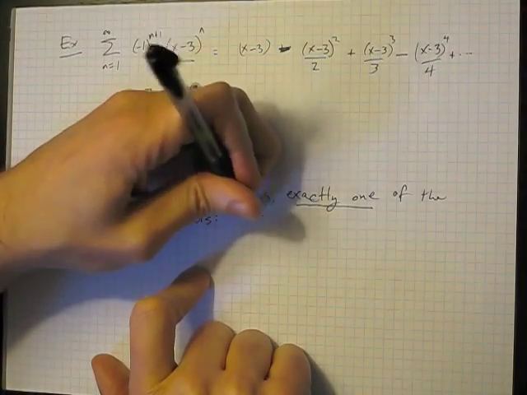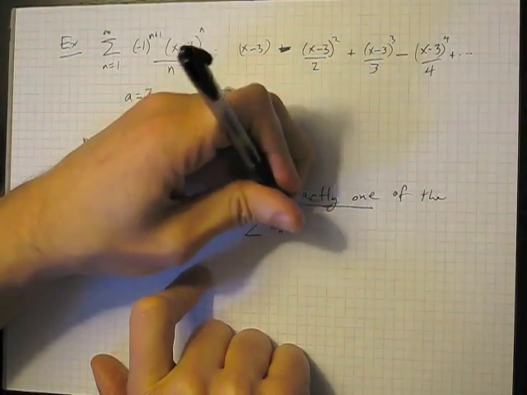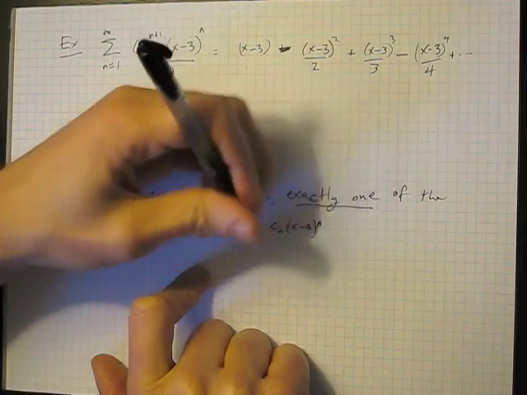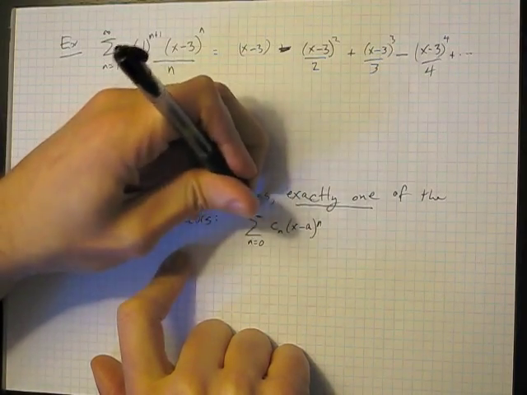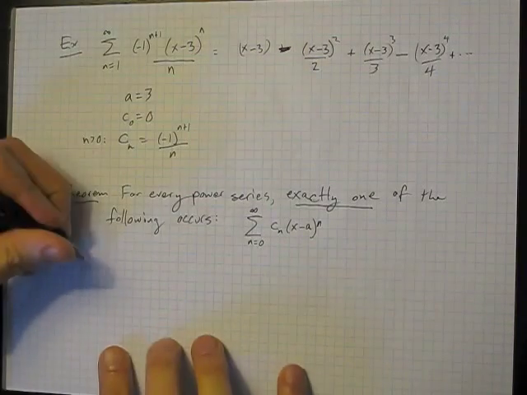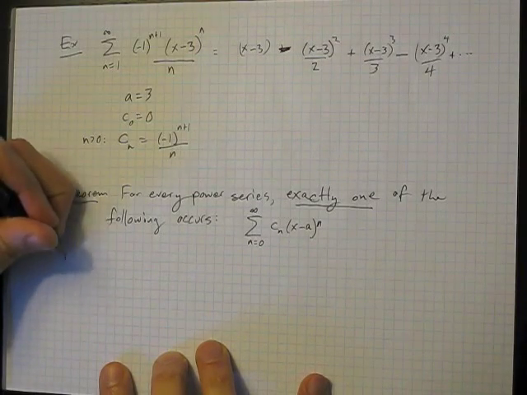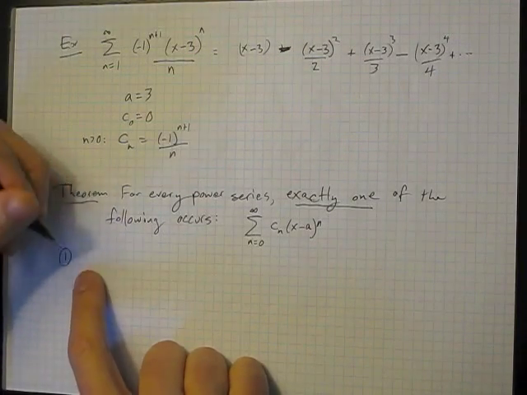Our power series is the sum from 0 to infinity of c_n times (x minus a) to the n. So, 1, either